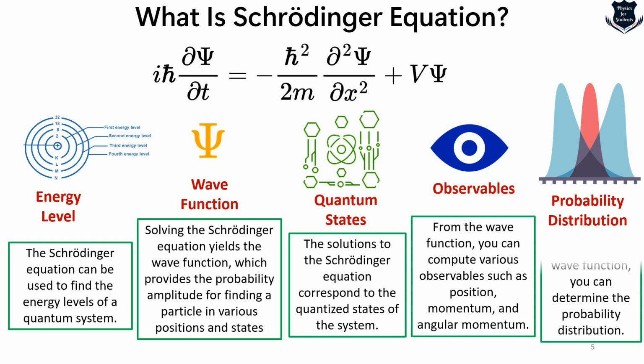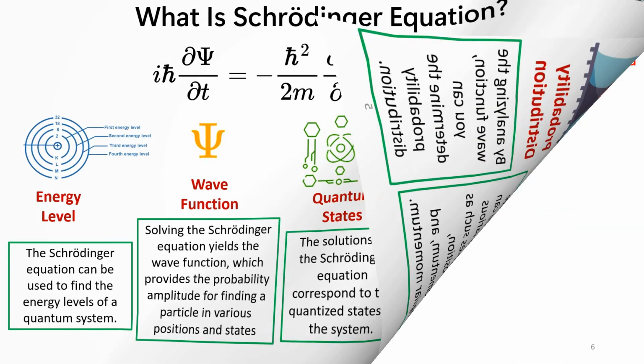Also the probability distribution, because once we analyze the wave function we can actually determine the probability distribution. As we know, as we move from classical to quantum, there is nothing definite. All we get is a kind of distribution. So these are actually what I was talking about, some of the vital, most fundamental and important information that we get once we analyze, or once we find out what this Schrodinger equation is all about.